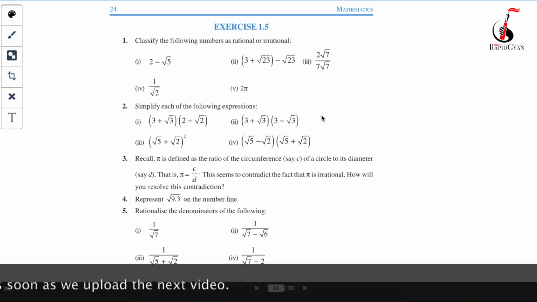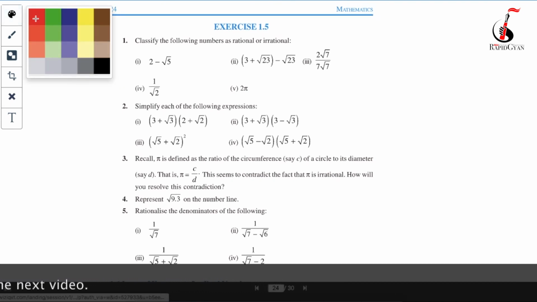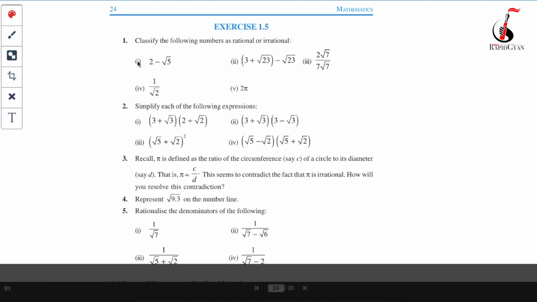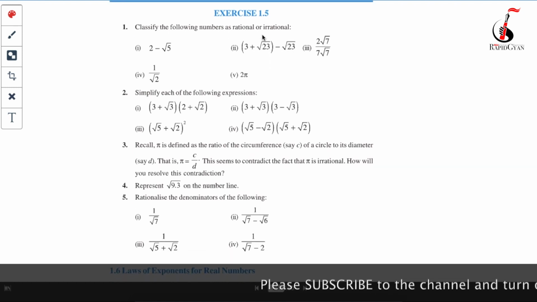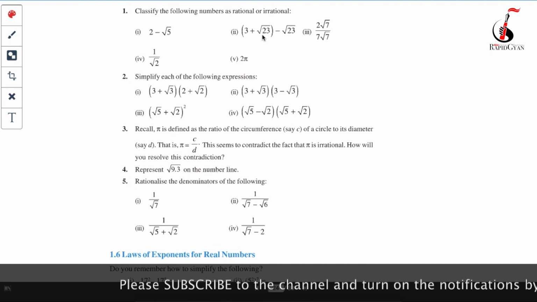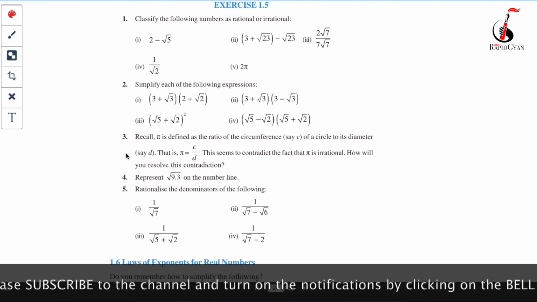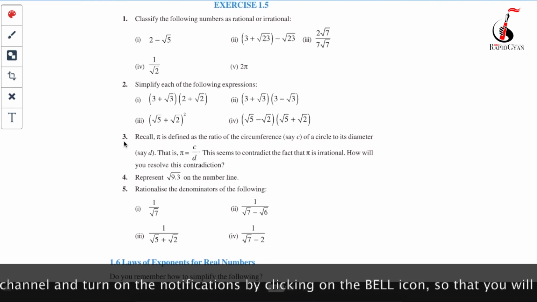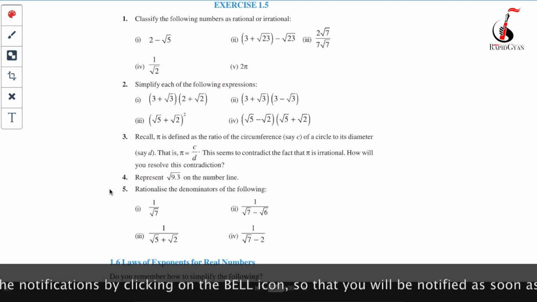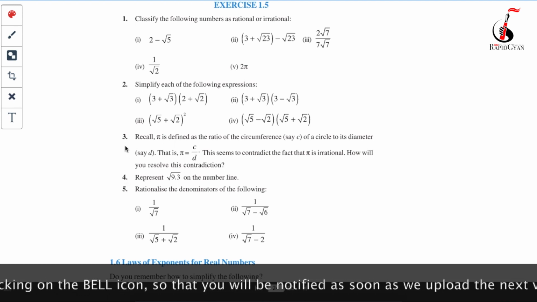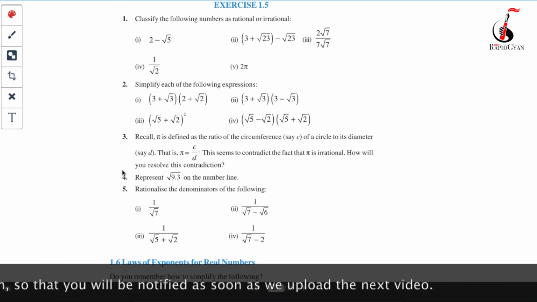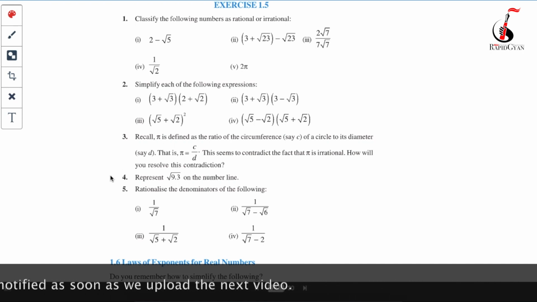So that's it guys. Hope you guys understand this. My expectation from all of you is that please go and solve this exercise 1.5 by yourself. A few questions probably you will not be able to solve. In the next video I will be explaining all the questions, but there are a few questions, like the third question and fourth question, where you will face problems. So I will explain these two questions in my next video, but I am expecting from everyone that you will go and solve at least the first question, second question and fifth question.